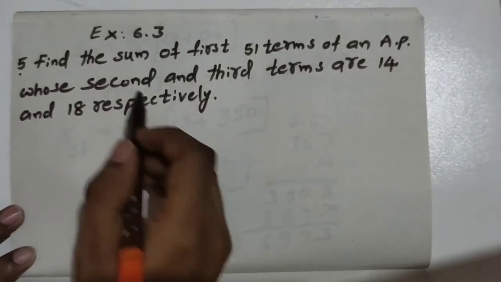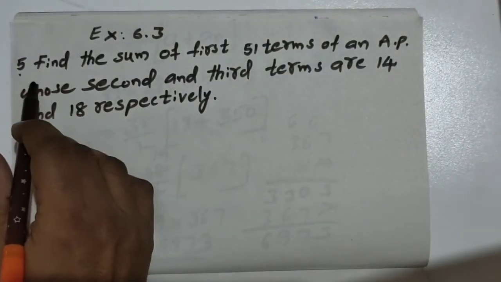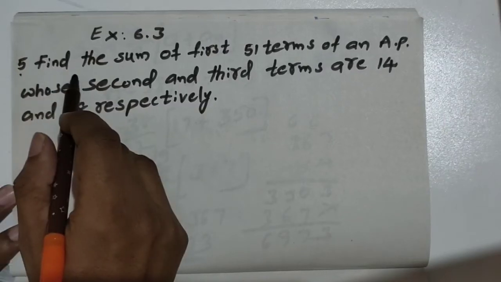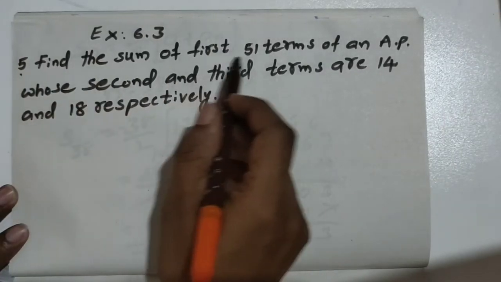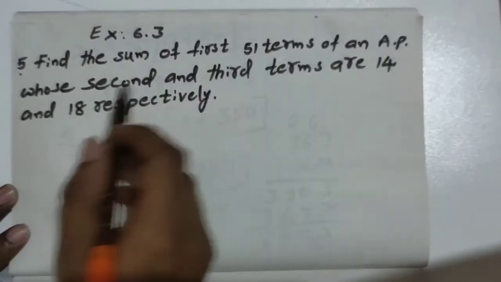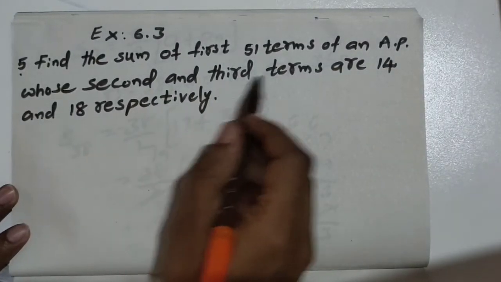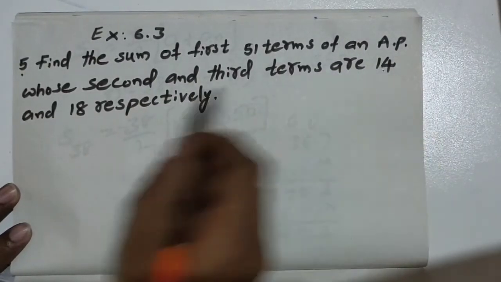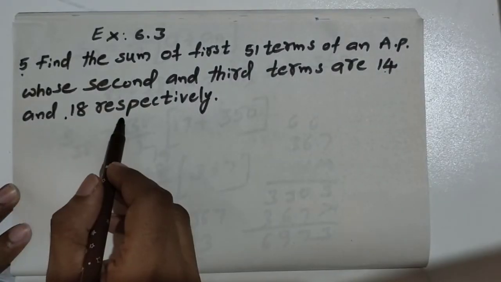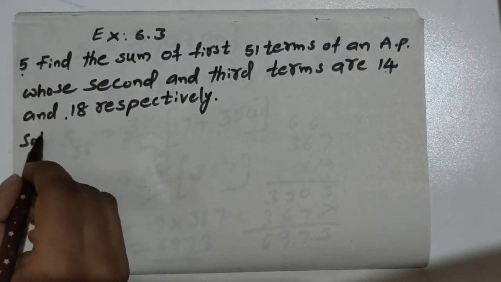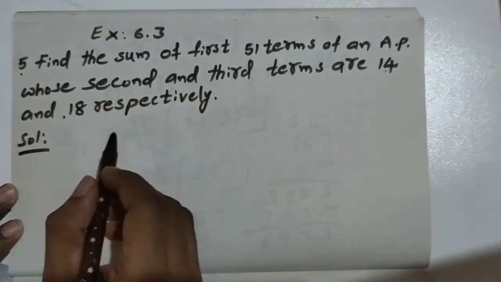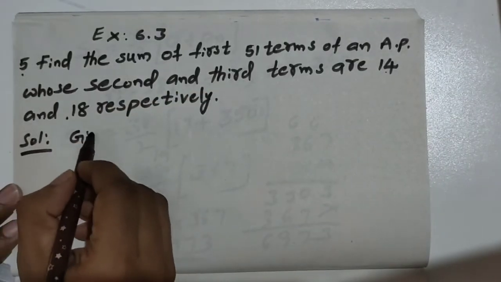Now students, let us see 6.3 sum number 5. Find the sum of first 51 terms of an AP whose second and third terms are 14 and 18 respectively. So here we have to find the sum of the first 51 terms. So here given